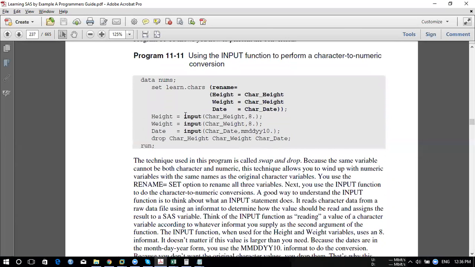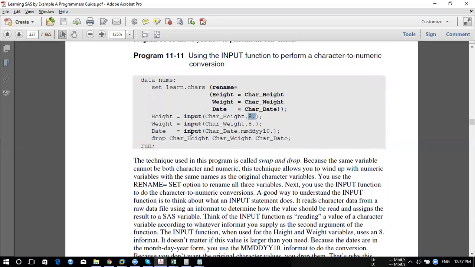So input is used to convert the value into numeric, whereas put converts the value from numeric to character. When you define your input, you need to define your informat. Remember it.